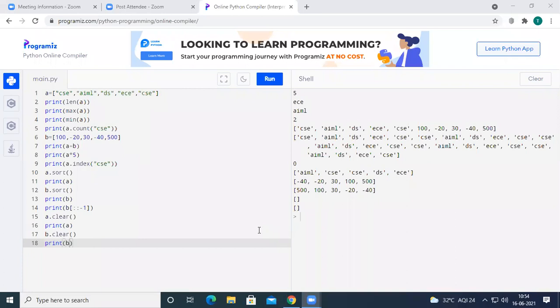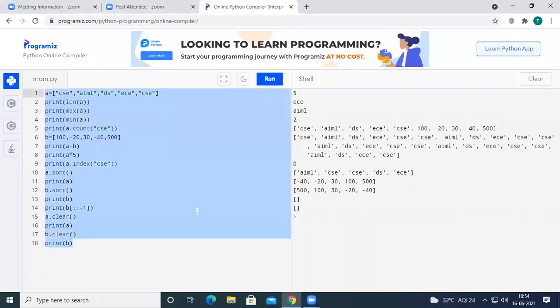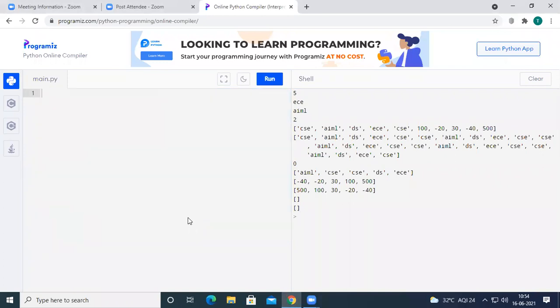From the next class, we are going to cover the things regarding the tuples and dictionary. So today we are going to look at the program here: searching whether the given element is present in the list or not by using a simple Python program. Okay, I'm deleting all these things. So see here.